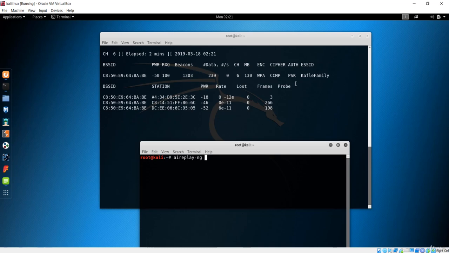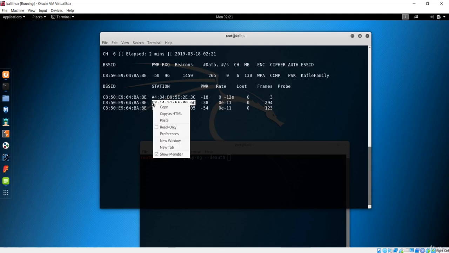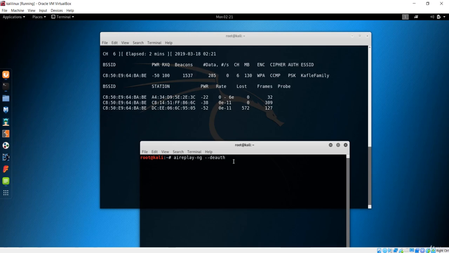And with this aireplay-ng, now we have to use this de-auth command. This de-auth is going to disconnect your network, or basically disconnect any station right here for some time. So let me see, I want this to be disconnected for some time. Let's copy this, because this is the station. And before that, okay, let me open it. In this de-auth you first have to give some time.